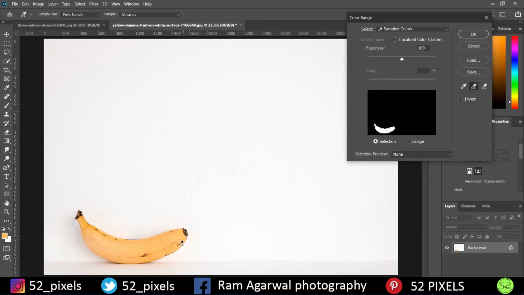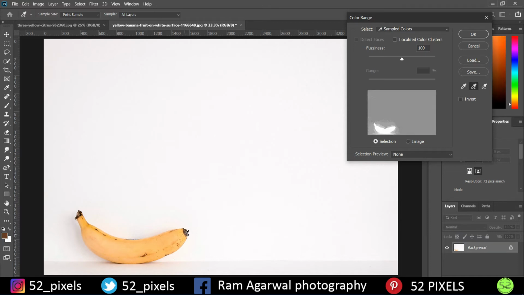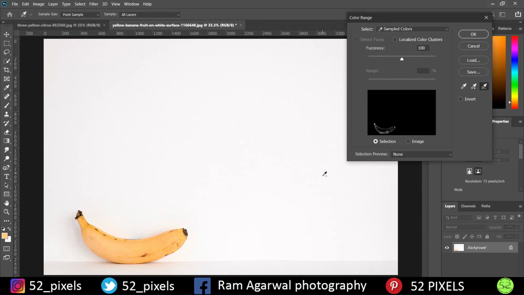As you can see in this area, this white color is increasing, and the more white it is, the better your selection is. So it's completely selected, and if I select a different color, as you can see the selection is going to mess up. It's because I have not selected the proper color which we wanted. So what we are going to do is go to minus and just darken this region, and again select this one and make addition to the color.